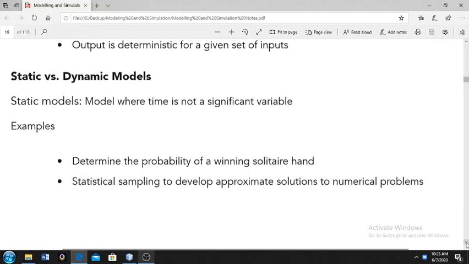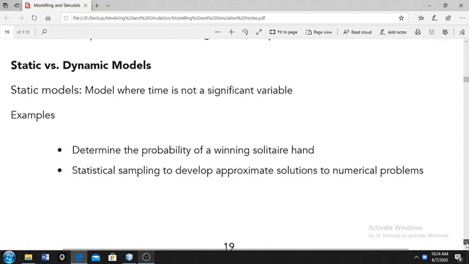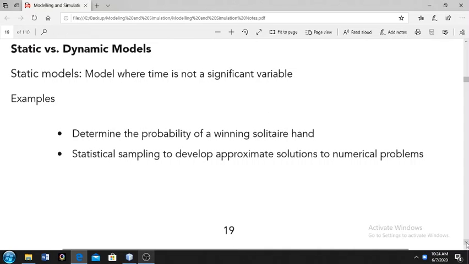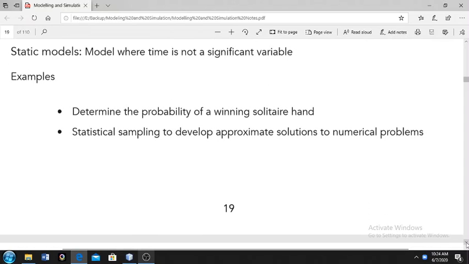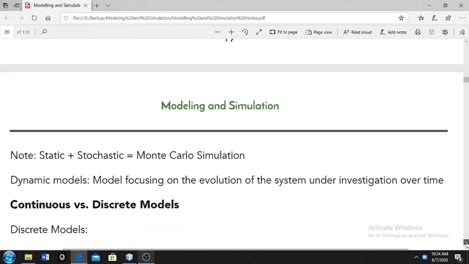Time, you don't care about time. It can take the time it takes. For example, to determine the probability of winning a solitaire hand, you use statistical sampling to develop an approximate solution to a numerical problem. So here you don't mind about the time. So a model where you don't mind about the time is a